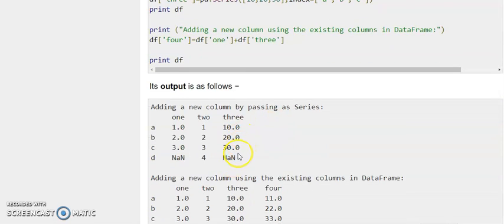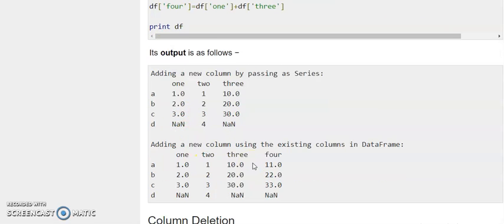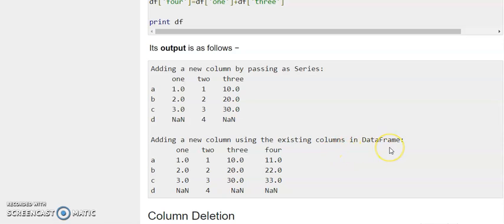If there is no element at a specific position in a column, it will show NaN, not a number, to us.